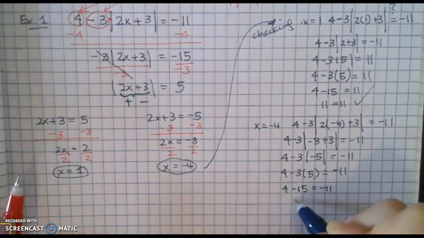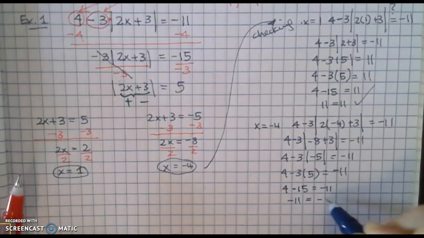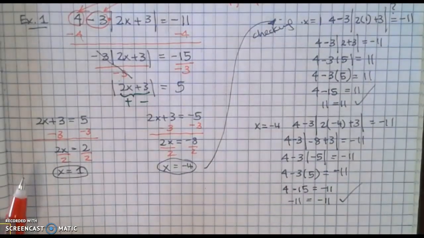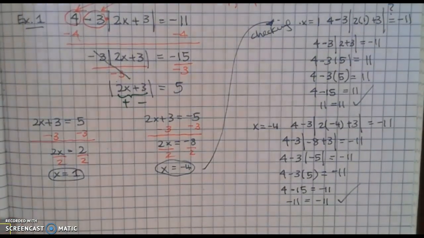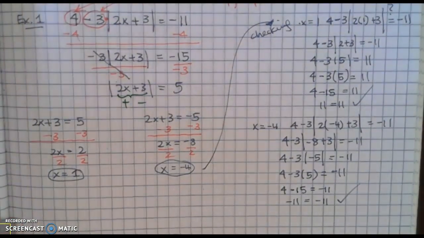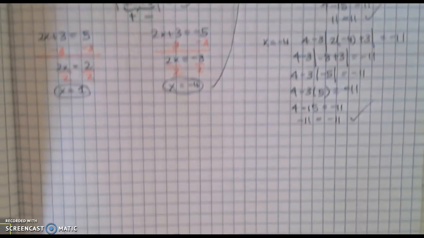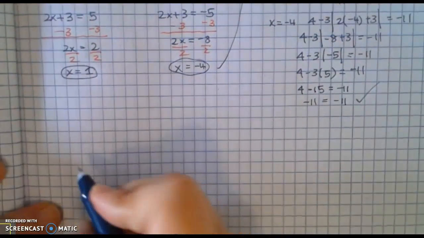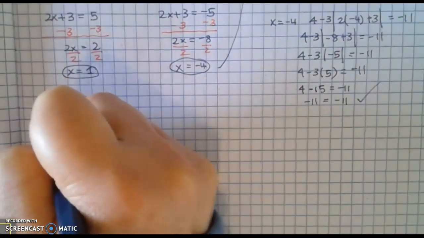And 4 minus 15 indeed is negative 11. So that checks out. Okay, now we've solved it and checked our answers. Okay, I am going to give you a practice problem. So the practice problem you're going to be doing